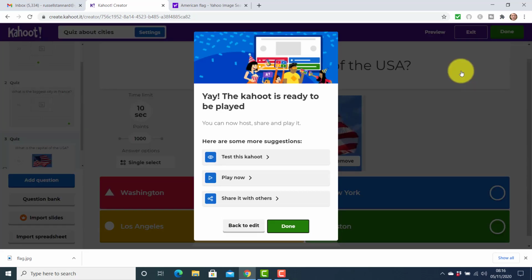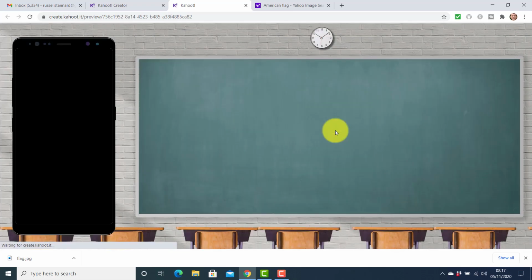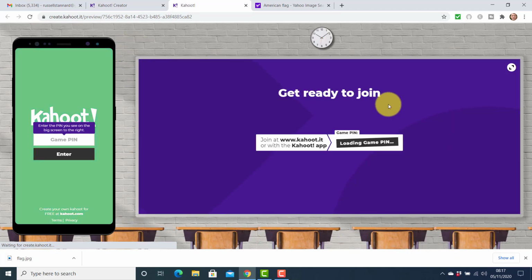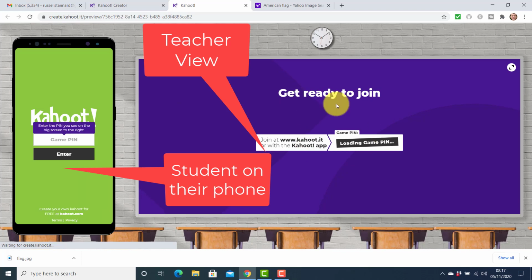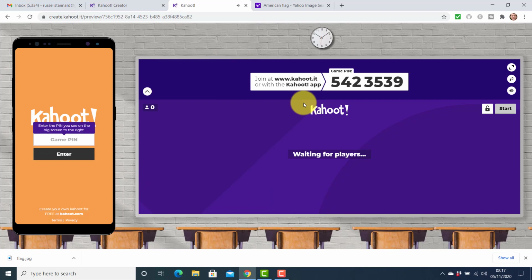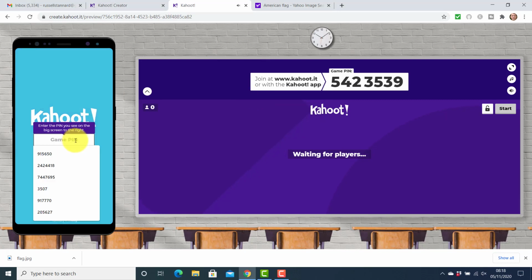Now it's very interesting because we can actually test our Kahoot, and I'm going to do that now. You've got three options there, but instead of playing it now, we'll play it in a minute. To test it, if we click here, the reason this is really good is that Kahoot divides the screen into two parts. This here is what the teacher should be screen sharing, and this here is the students accessing the game on their computer. I've turned off the audio, otherwise that music can get a little bit annoying.